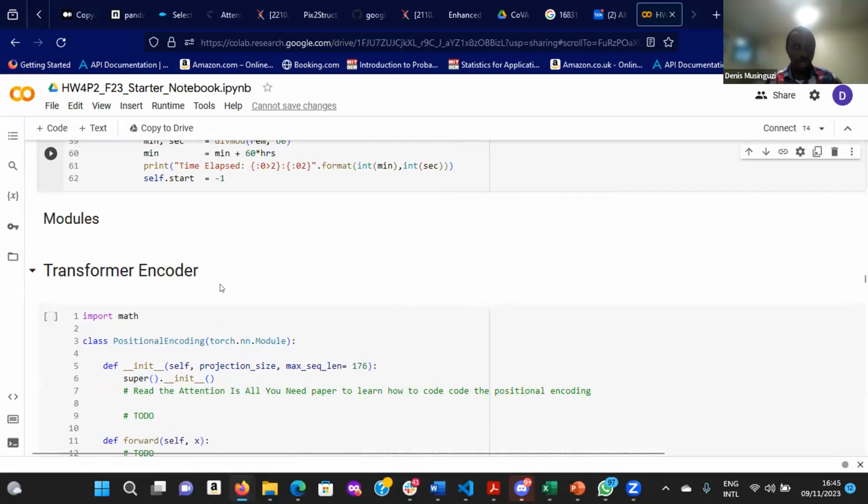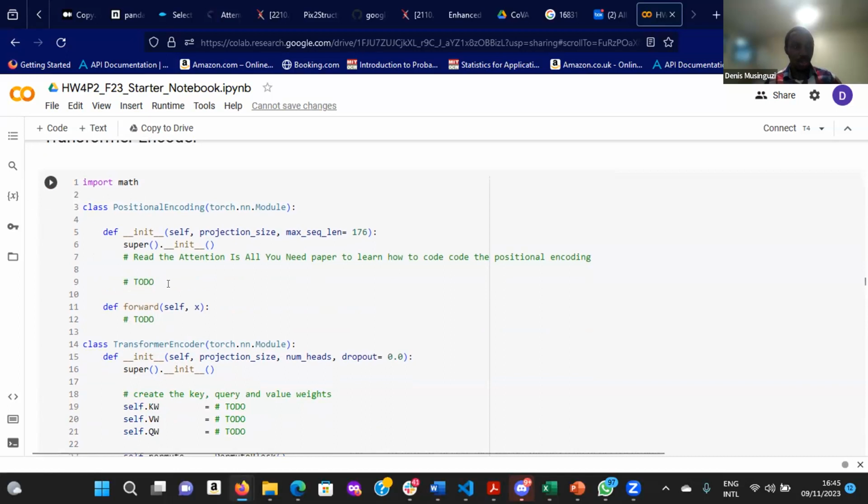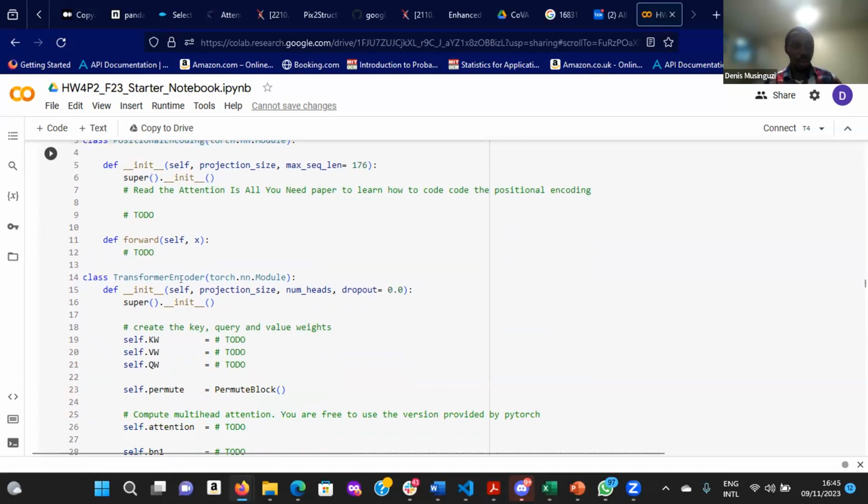As I showed earlier in the image of the transformer encoder, you need positional encoding. Positional encoding is important because, given that the transformer does not use recurrence, it has no sense of location. So we use positional encoding to give it a sense of location for each of the tokens that is used. You'll be able to implement positional encoding. We provide some pseudocode in the write-up, which should help you to implement it easily. Then from there, we can move on to the